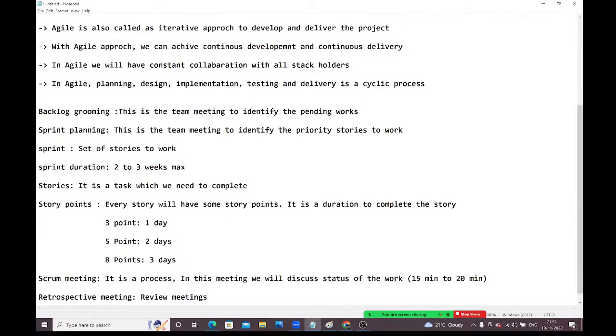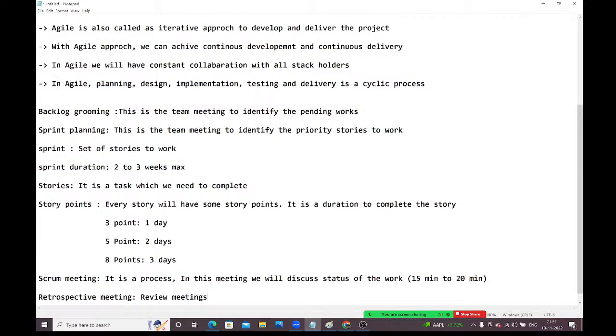Once the sprint is completed, all the team members will sit together and discuss what challenges we faced in the last sprint, and what the achievements were in the last sprint. If anyone wants to give any ideas, they can share them in these retrospective meetings, guys. How can we improve to give better quality in the next sprint? All those things we need to discuss in the retrospective meetings only.